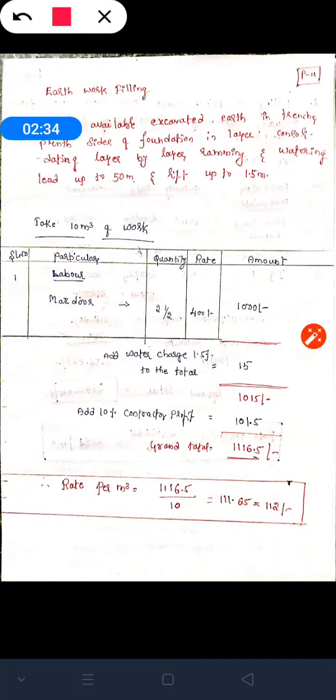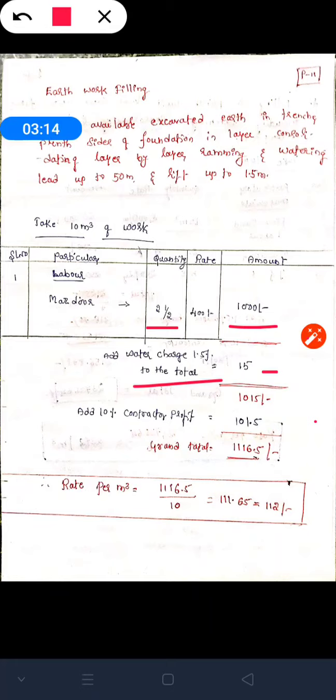So that is how we calculated the labor here. And the cost, as you know, is 400 rupees here, and we should multiply 2.5 into 400, then we get the total cost. The total cost is 1000 here. And sorry for that, I forgot to add here miscellaneous items, that is T&P, tools and plants. That is a lump sum, the quantity will be lump sum, and the rate is 250 rupees per day. That one I have not mentioned here, but it should also be considered for the calculation. After that we should add 1.5% of water charges here, then we get some amount here.